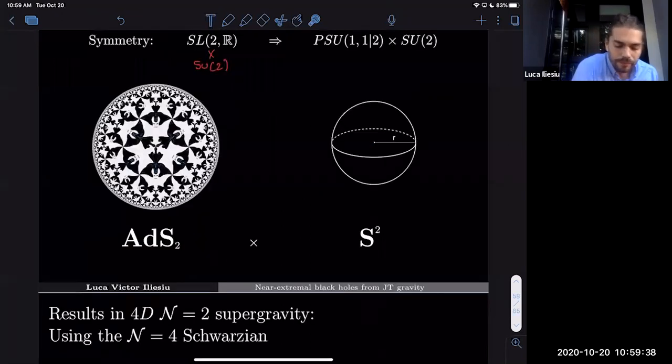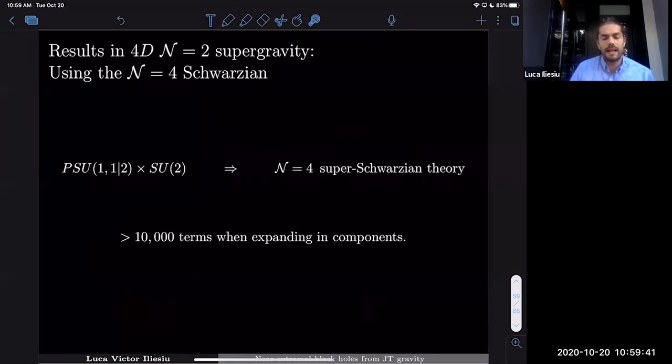Good. Now the problem is that if I redo the entire apparatus of separating my space into a faraway region and a near horizon region, the action that I end up getting in the near horizon region is N equals 4 super JT gravity. And that ends up reducing again to solely a boundary term in a much more complicated way, but let's leave the details aside. The theory that I end up with is the N equals 4 super Schwarzian theory. Now, unfortunately, people have not studied this theory that much.